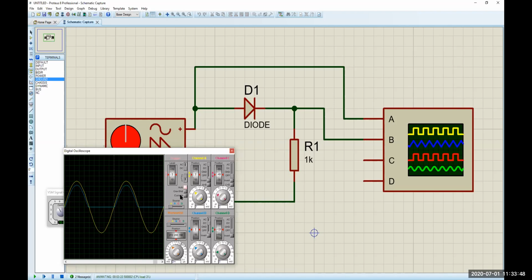Here you have a point called a cursor. If I click cursor, if I click the position, you can see it is 5 volt, right? Can you see the 5 volt? Oh no, it is very small. But if you see the screen of my computer, you can see it is 5 volt. And the bottom one, that means the blue one, it is 4.25. So how much less? 5 and 4.25. How much less?